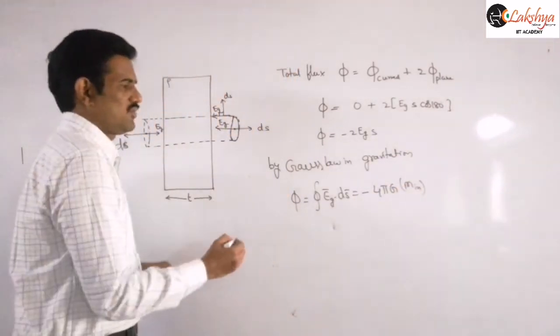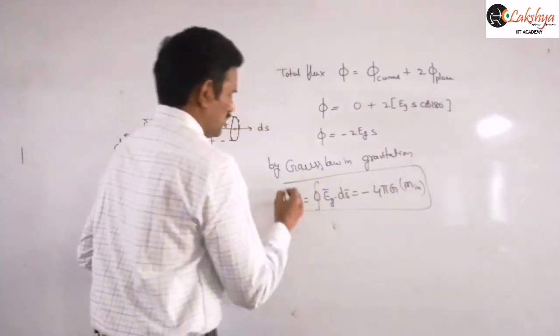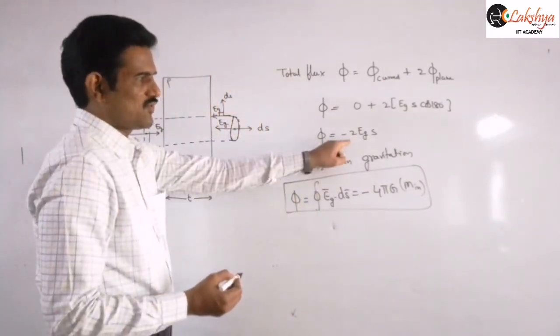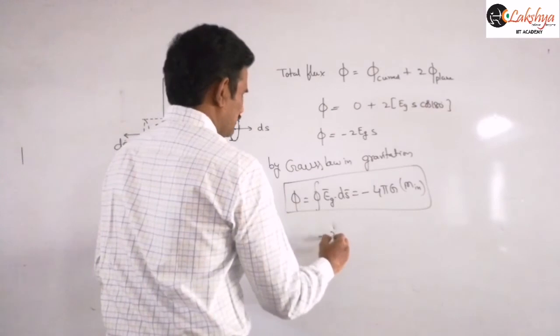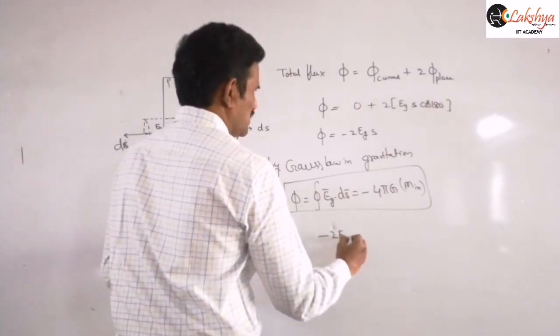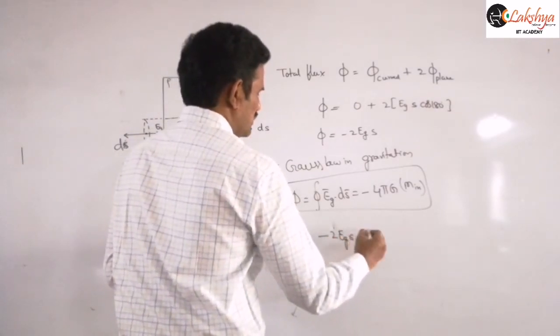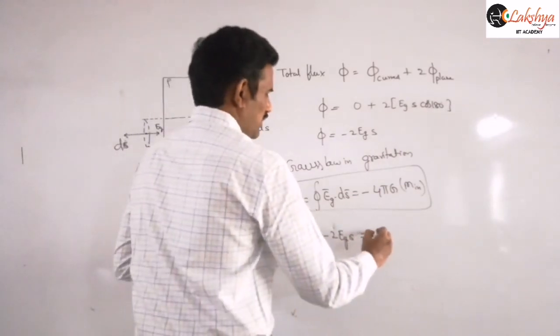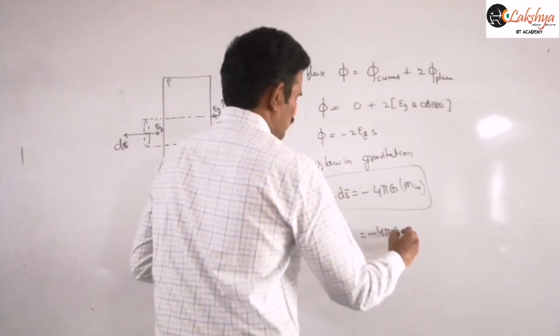Now let us use this formula here. This flux calculation we already did, so it is minus 2 Eg S is equal to minus 4 pi G into